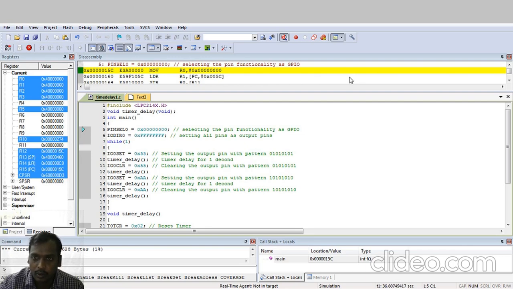That means we have given a 1 second time delay. Every 1 second, the LED goes on and off. That is the time delay displaying. Here we are observing the output on the general purpose input output pins. These ports are connected, and the output is the LED. The LED every 1 second goes on and off, on and off. Observe here, it is off, then on. Again after 1 second it is off, then on. Observe this output window.